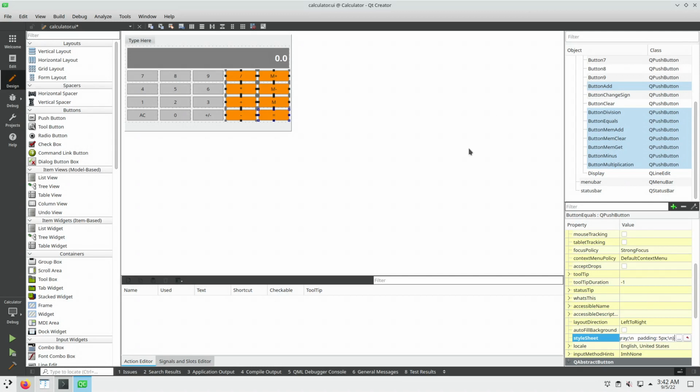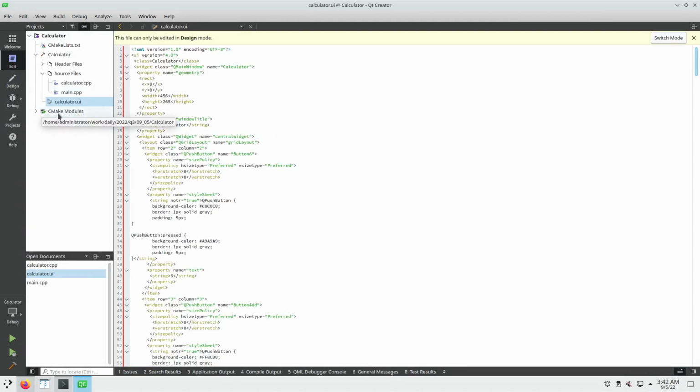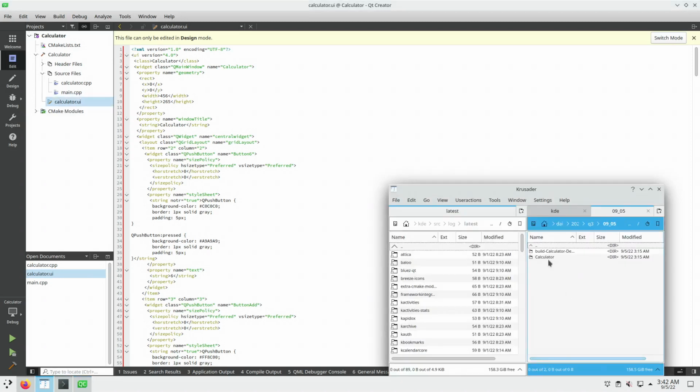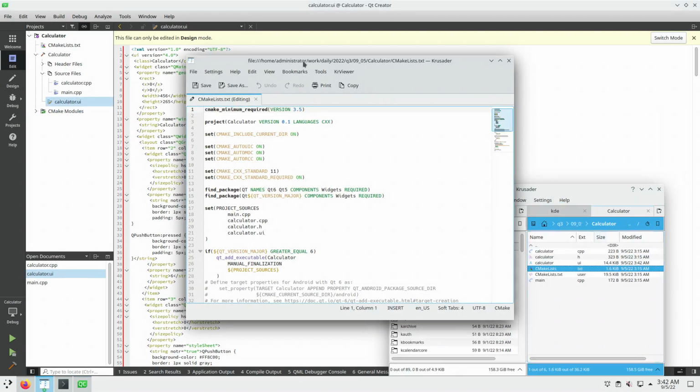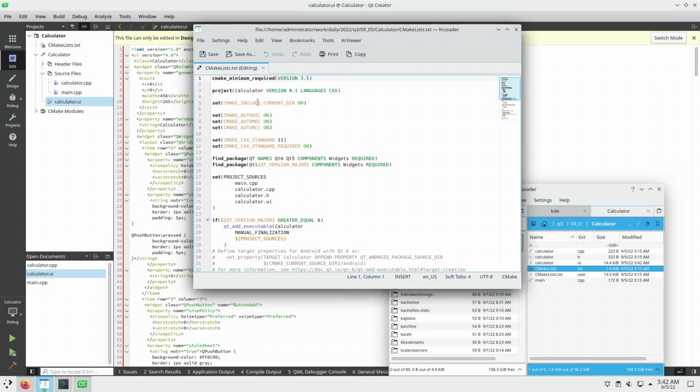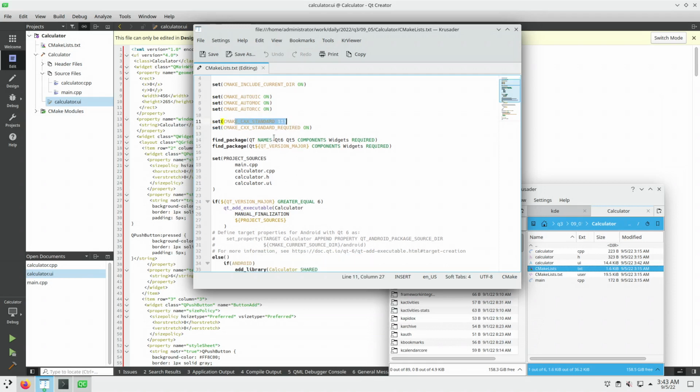So let's look at the files. File, save all. So there's a CMake file, CMakeLists.txt, which looks like this. It says the project name is calculator, AutoMoc, AutoRcc, AutoUic, C++11, Qt 5 or 6,